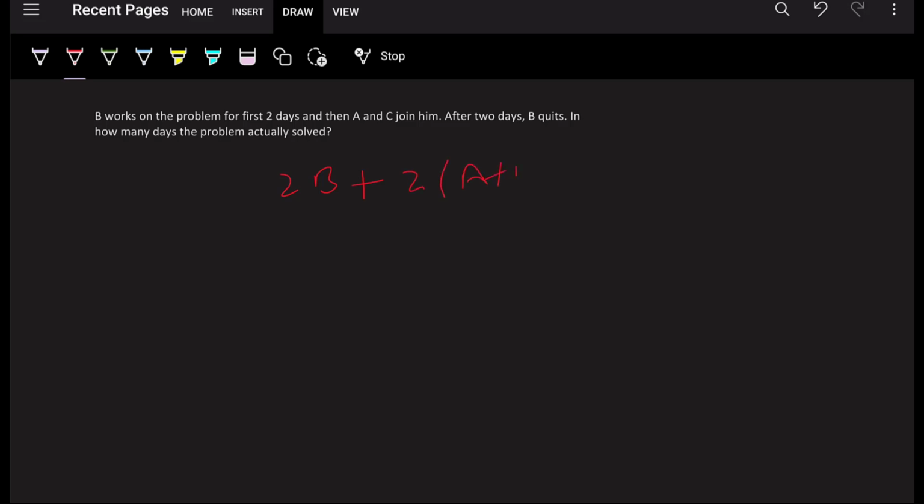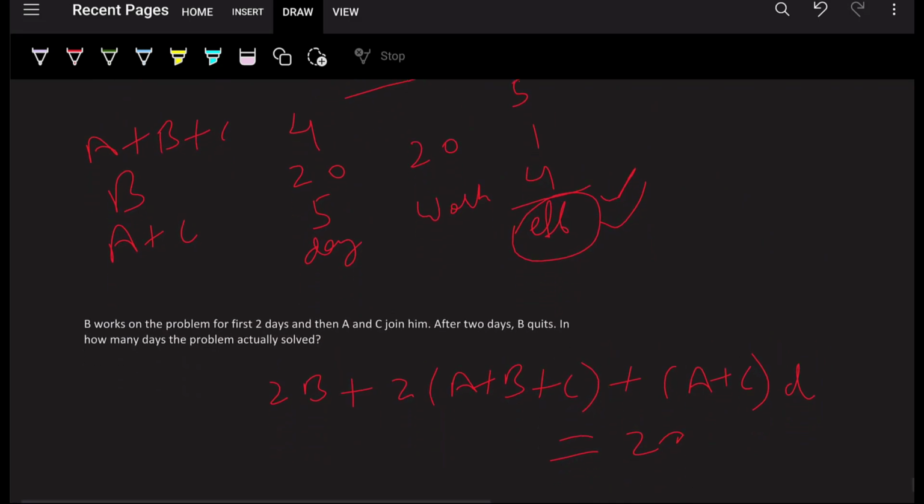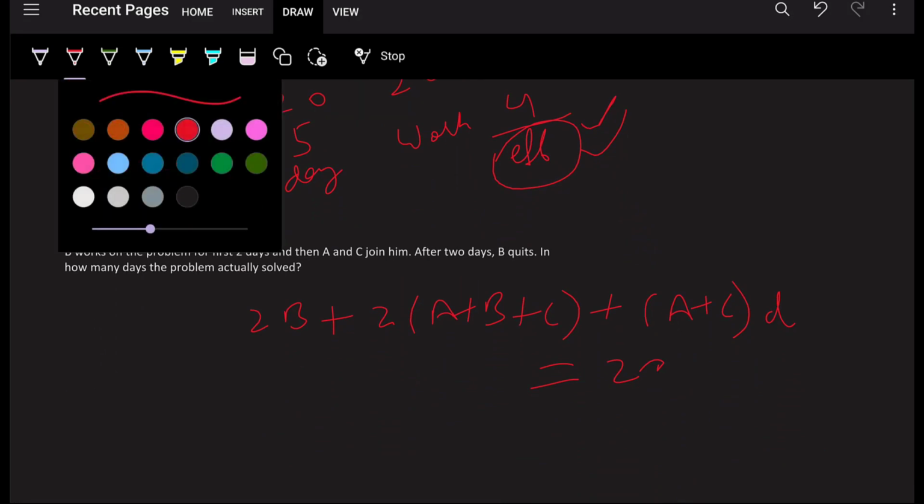So 2 times a plus b plus c. Now a plus c only into d days. We do not know how many days a plus c work together. Now the total work is what? 20. Now we know the values of this. For b it is 1, for a plus b plus c it is 5, and for a plus c it is 4. So now putting these values,